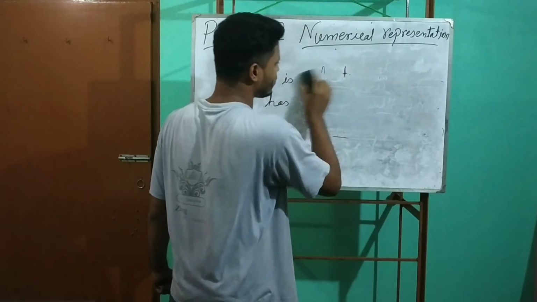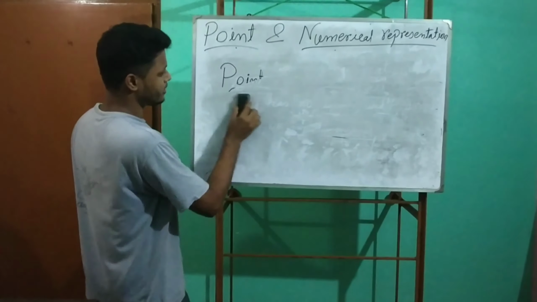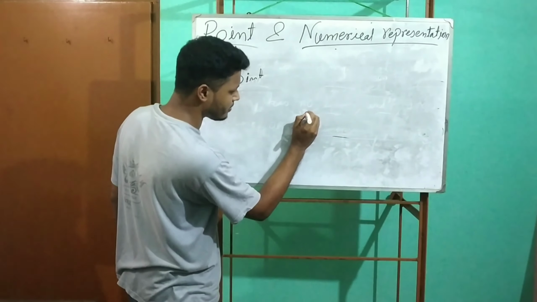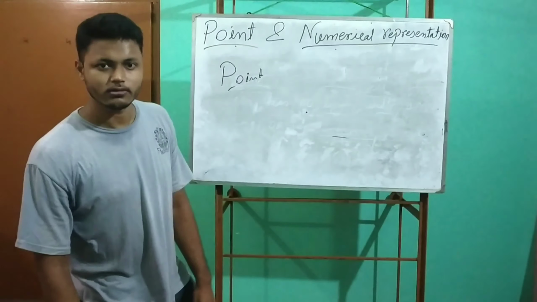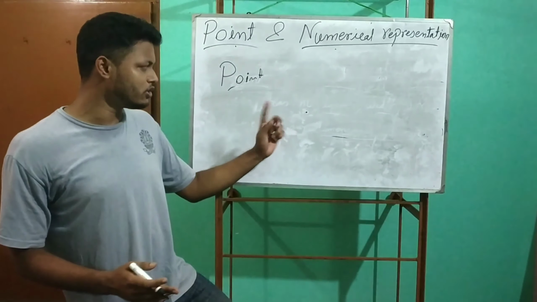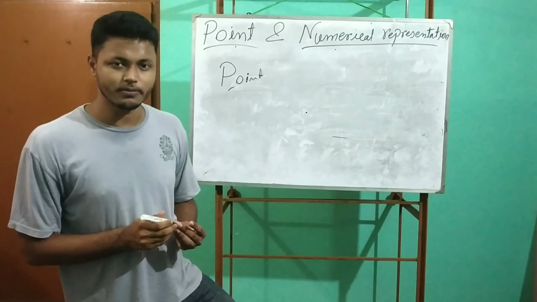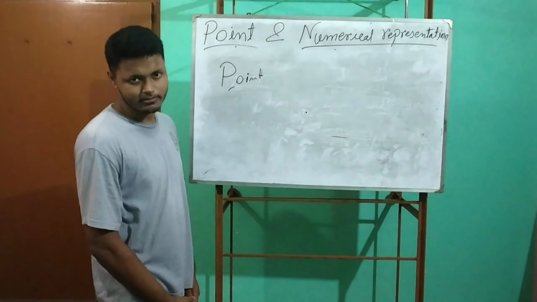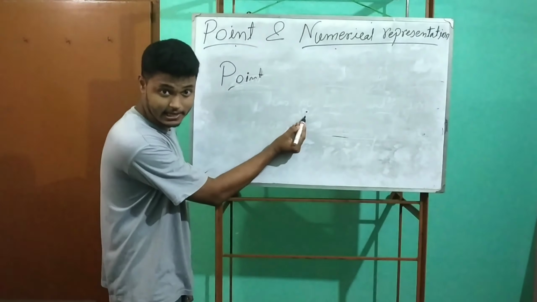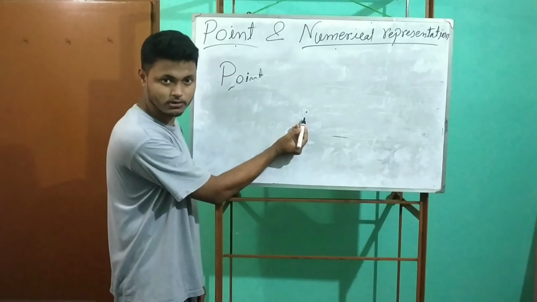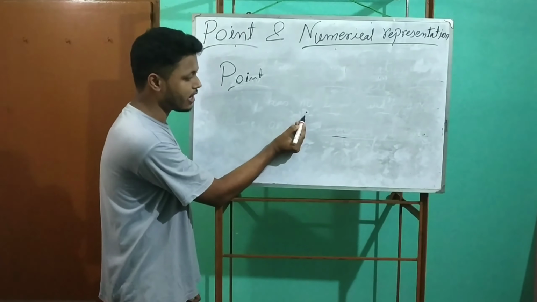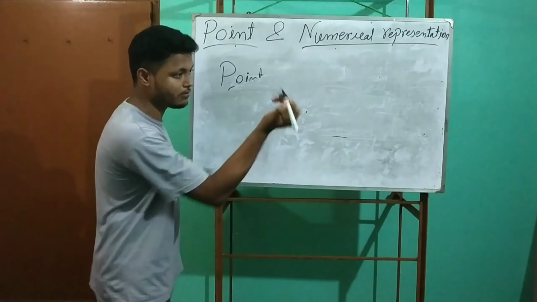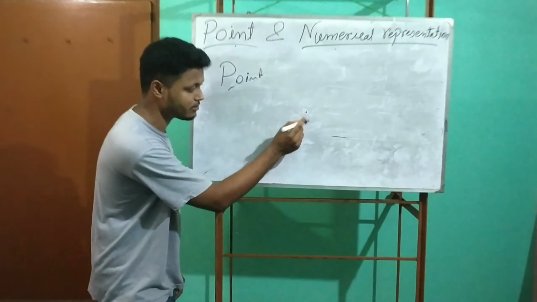we put a dot in the board. So basically what we do? We represent a point by putting a dot. We generally in geometry we do that, but there is a problem. If you zoom this out, you will see that this point has an area which is a dimensional attribute. So by the dot you can represent a location, but this dot also has a dimensional attribute.